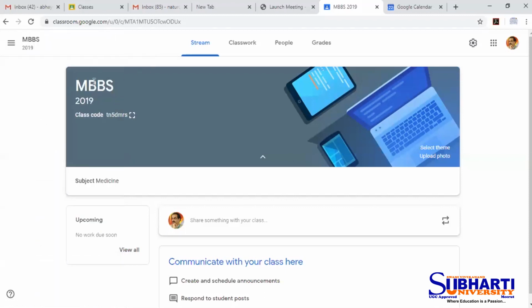And when we click on MBBS, we can see the classroom here, and then the rest of the points of Google Classroom will be explained to you by Supratim Sahaji in the remaining session.